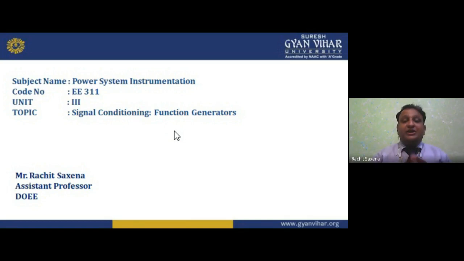You need a voltmeter for voltage, an ammeter for current, a watt-hour meter for energy, and a wattmeter for power. An ohmmeter is for the measurement of impedance or resistance. These are all instruments, and talking about instruments comes under the category of instrumentation. How we can use these instruments for measuring purposes in a power system is what power system instrumentation deals with.